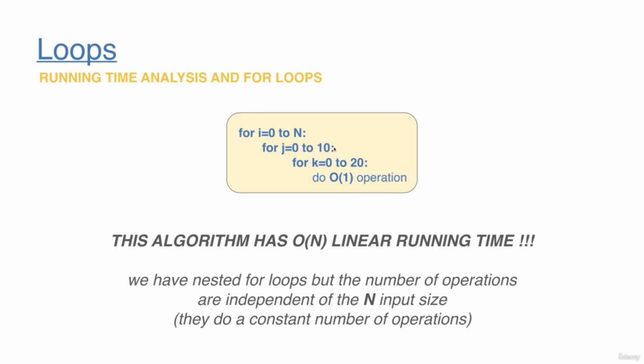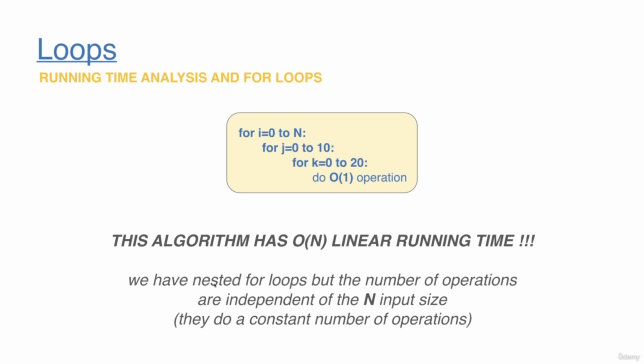Why? Because these operations, so the second for loop and the third for loop, are not going to scale with the input size, because no matter how many items we have in our data structure, we are going to make 10 iterations with the second for loop, and we are going to make 20 iterations with the third for loop, which means that it is a constant number of iterations. So because the first for loop considers all the items starting with 0 up to the input size, this algorithm has order n linear running time complexity, despite the fact that we have 3 nested